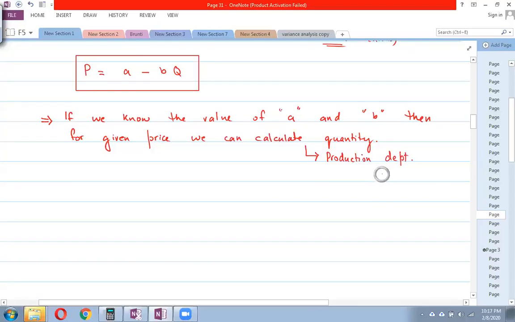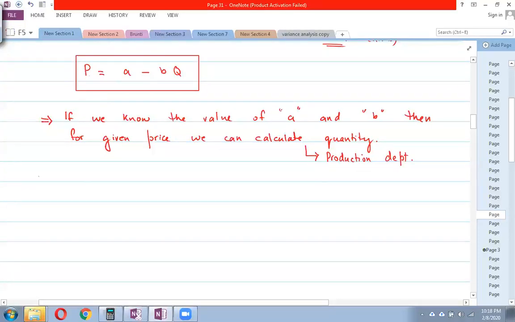Like, let's say, for example, the production department manager. Now he's saying, okay, A and B are known. And let's say the sales department manager tells you that, okay, the selling price will be 10, right? So now the production department manager can guess what should be the quantity. Similarly, if the production department manager is telling you that we will be producing 300 units, then what should be the price,